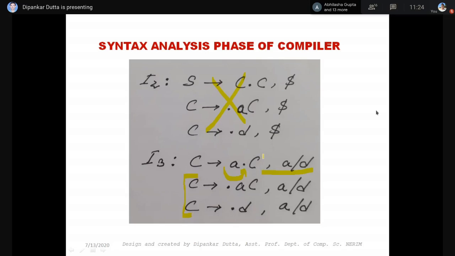What is beta here? Nothing. First of beta dollar, first of beta AD. So see, A and D both are separate productions or separate symbols. This is not a string. A and D, two different strings. That means we have to calculate the first of A, this is A, and first of D, it will be D. Okay, AD.